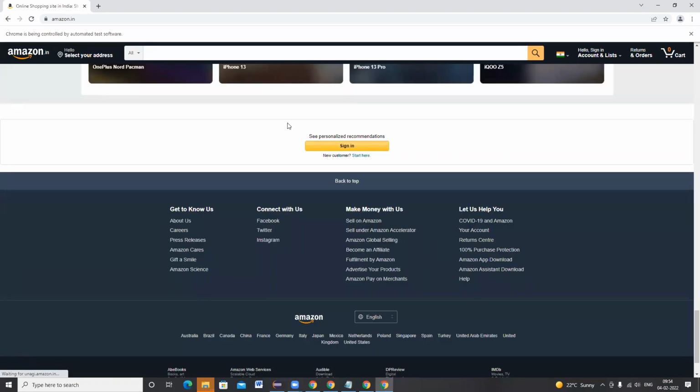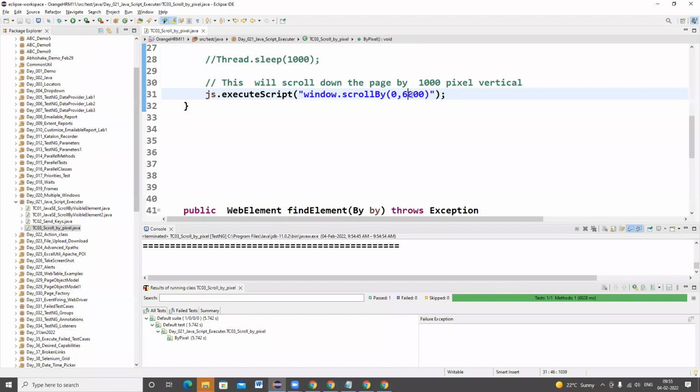Okay, it scrolled all the way to the bottom of the page. You just have to increase the pixel value if you want to scroll completely down the page. I think we can, however, this is not